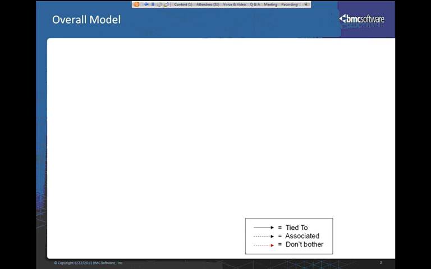The live meeting is not updating. At least not I'm the only one. Do you guys see a slide that says overall model? Yeah, but it's mostly white. Yeah. It's an animation, so